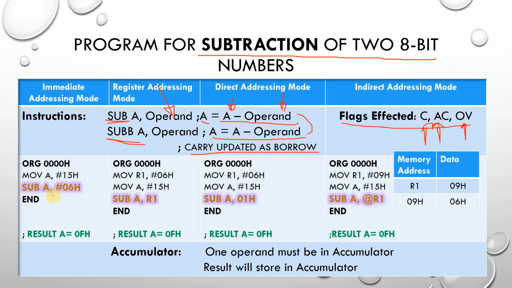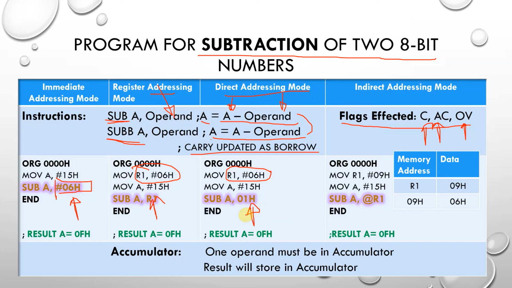In immediate addressing mode, the operand in the subtract instruction is provided by using the hash sign, that is, it is an immediate part of the instruction. In register addressing mode, the operand is stored in one of the registers and the register is provided in the instruction. In direct addressing mode, the operand is stored in one of the memory locations and the memory location is provided